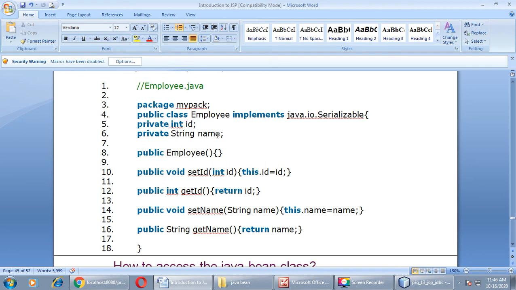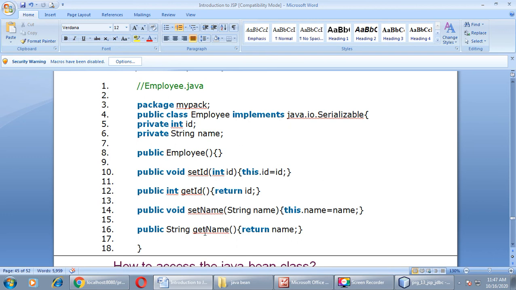id and name are two variables of Employee.java, and getId and getName are for getting the value of these variables. Let me discuss the properties of these methods. For example, if the property name is id, your method name would be getId to read that property. In this example, our property name is name, then the method name is getName. This method is called an accessor, as we can access the value of these properties, right?